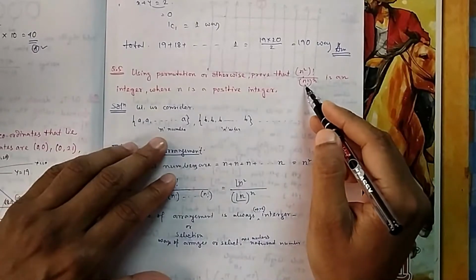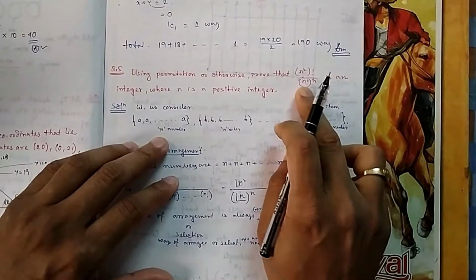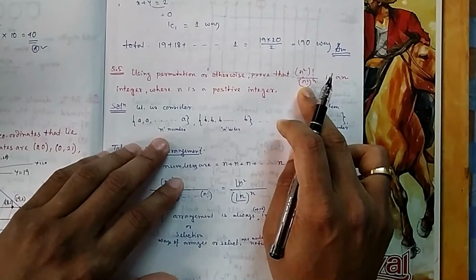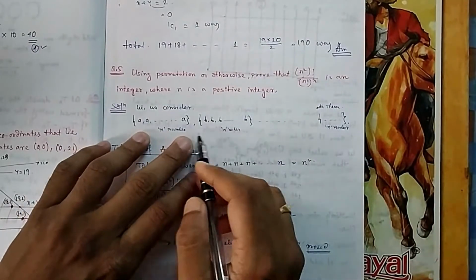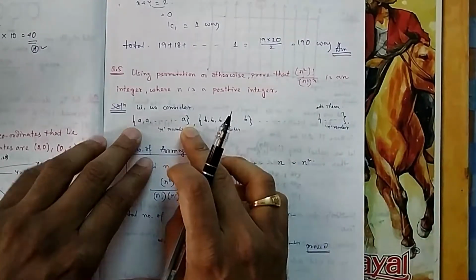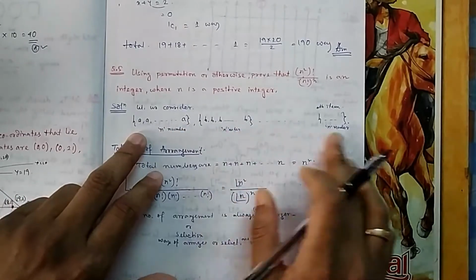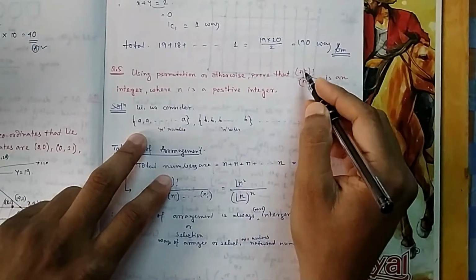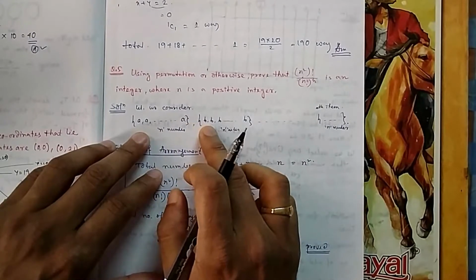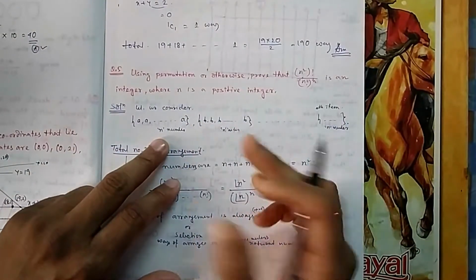And one more idea, because there is n factorial to the power n: when we divide permutation by factorial, it is because of repeating things, so you take the repeating things. How many repeating things are there? A is repeating n times, B is repeating n times, such n numbers are there. So that's why it will be n square. Total number will be 3 plus 3 plus 3, so it is 9. 9 is 3 square.